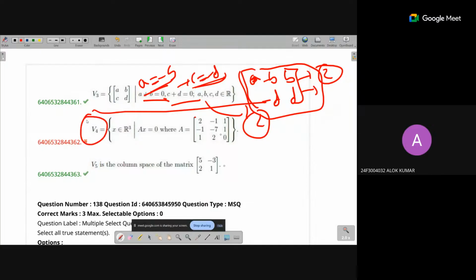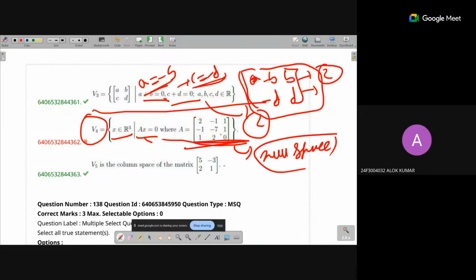Now look at B4. So B4 is saying that Ax is equal to 0 where x belongs to R3. Basically, x is telling the null space of this matrix. Null space of this matrix. So what I have done in option B2 is just convert this matrix into row echelon form and calculate the nullity of A, the null space of A. And if the null space of A is 2,